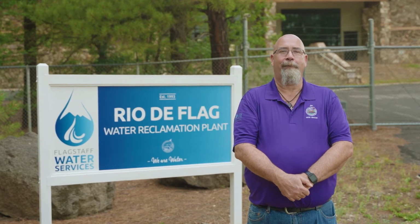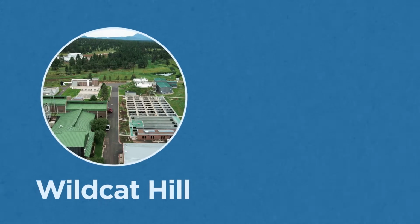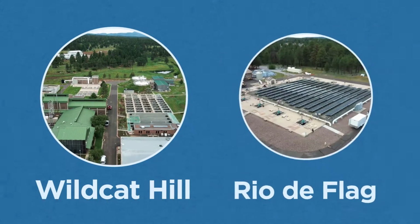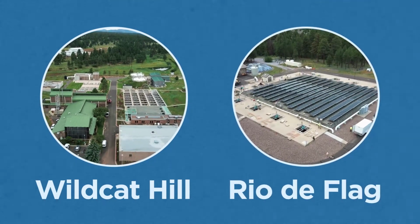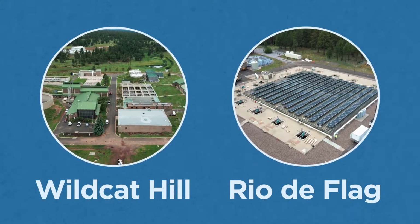Hi, I'm Jim Uckel, the City of Flagstaff's Wastewater Treatment Manager. I manage the Wildcat Hill Water Reclamation Plant and the Rio de Flag Wastewater Treatment Plant. These two plants treat millions of gallons of wastewater daily so that it can be released or used as reclaimed